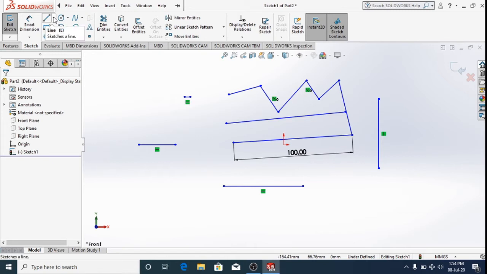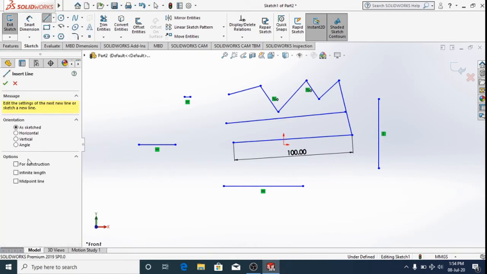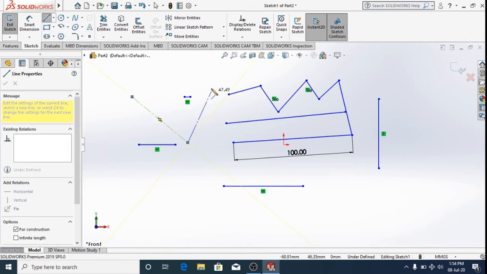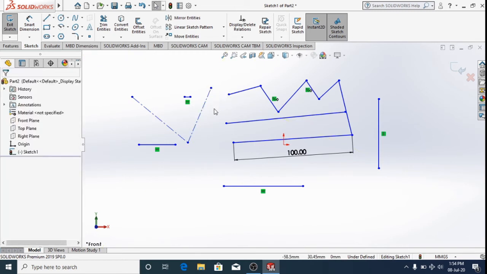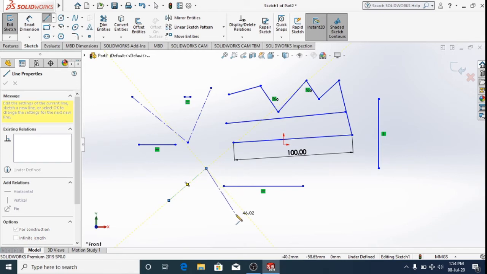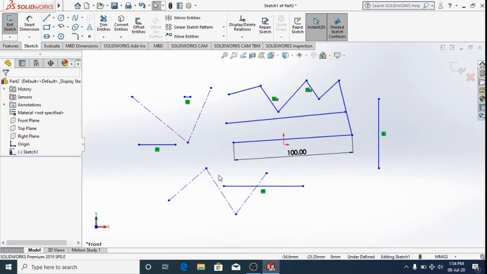Now we have two other features in the line. This is center line. Center line is basically a reference line, something that we use as a driven line. We can use this as a reference line or just a base line or anything. This is not actually considered for making a solid part, but it makes our job easier in making some other line features or other jobs in the coming videos.